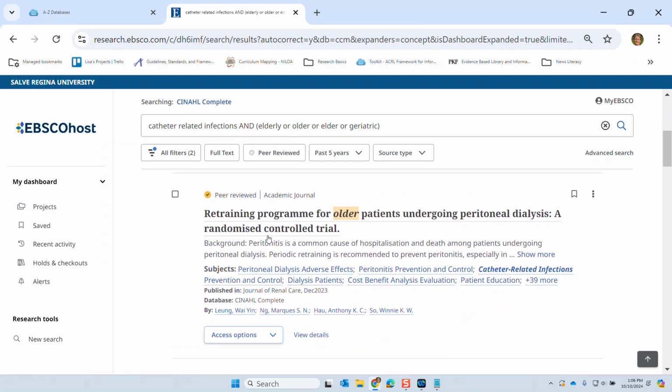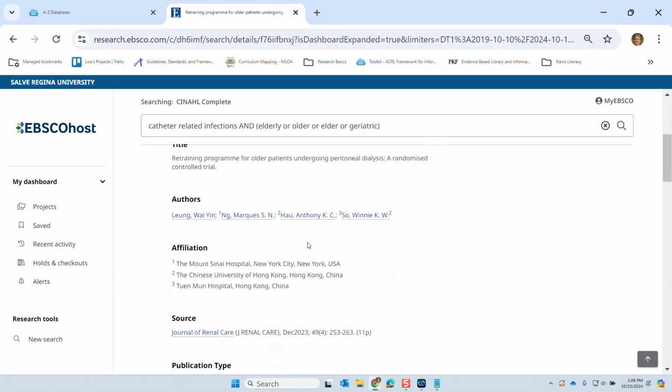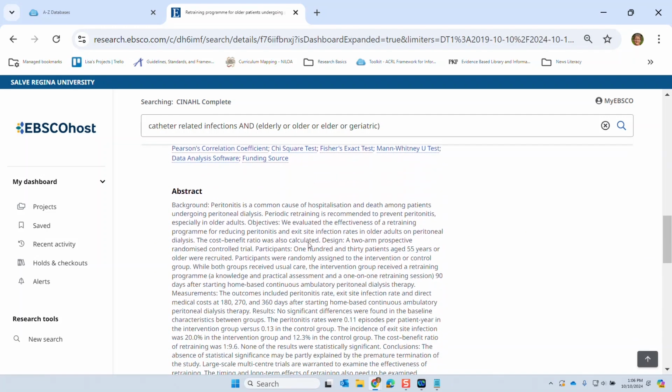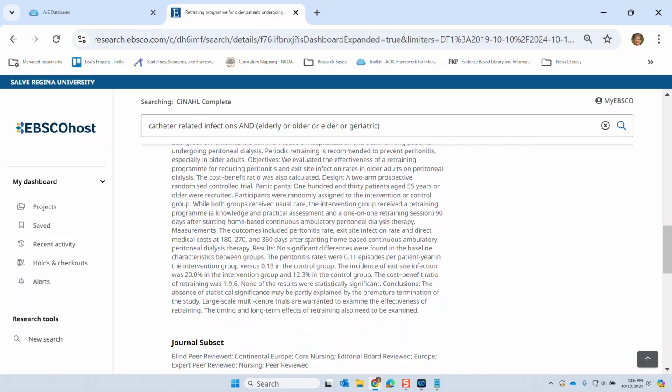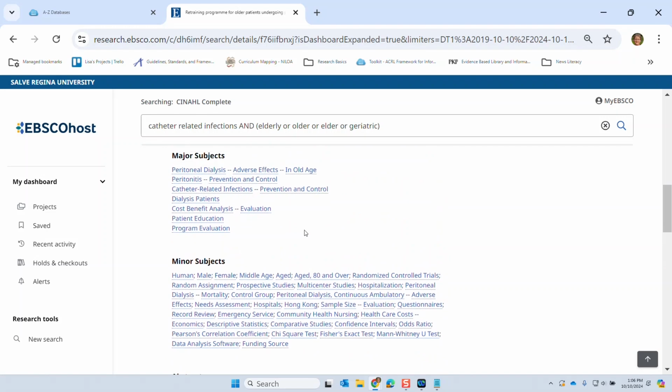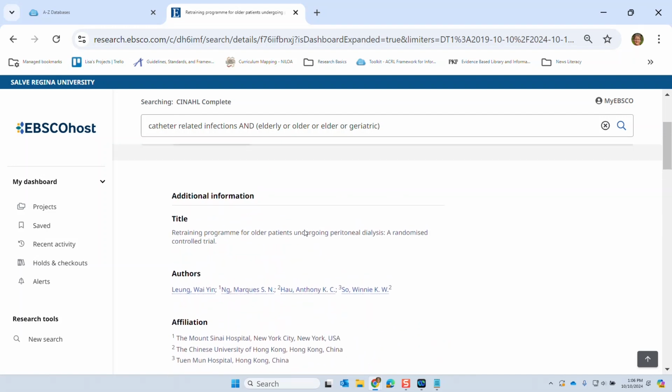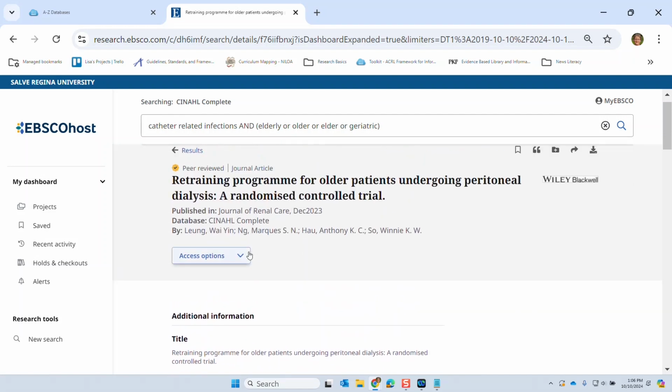So here we've got a retraining program undergoing peritoneal dialysis. We do have catheter-related infections in the subject, so I can click on the title, read the abstract, see if it's relevant to my research. And we do have a randomized controlled trial here. So if this is something I wanted to access, then I want to look at my options. Now I don't see Find PDF here. This tool